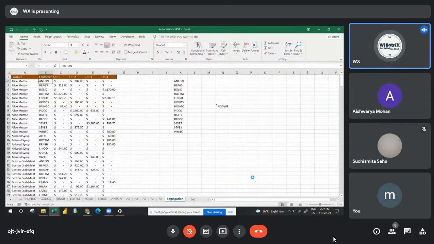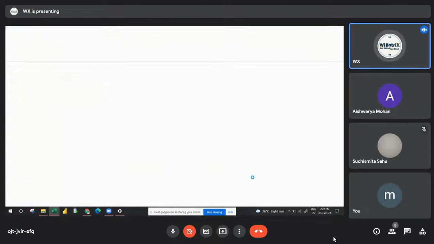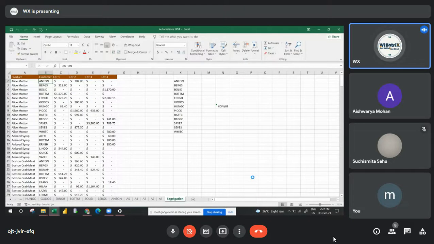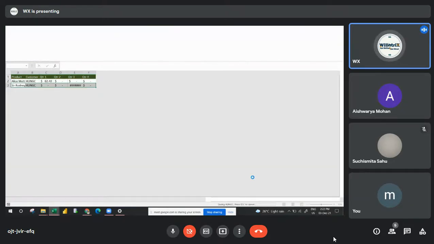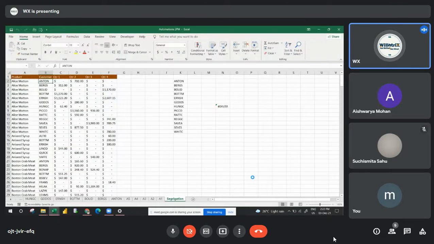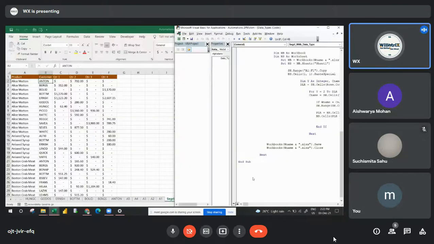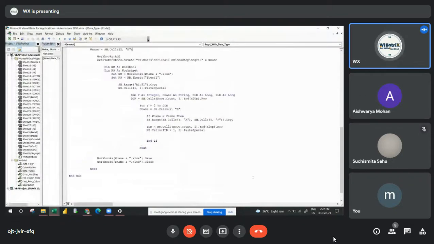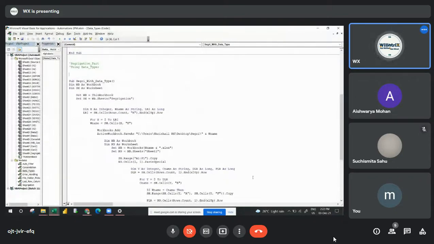If you're doing that without data types, it will take much more time compared to this. Okay, because we should always avoid activating a workbook or activating a sheet. So that's the reason we always use variables. At least it's not required to hold string or long for a PLR or a loop, but at least try to hold a workbook and a worksheet first. That will be very useful when we are working with multiple workbooks. Okay, this is the code I told you to write for dataset segregation.